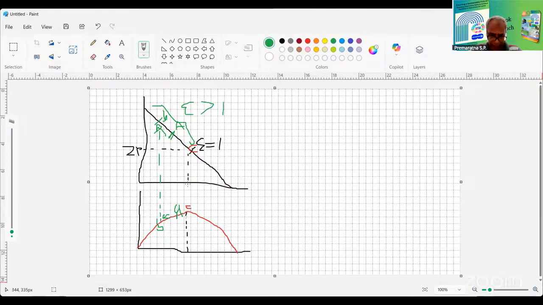So that is the result. The opposite, if the elasticity is less than 1,